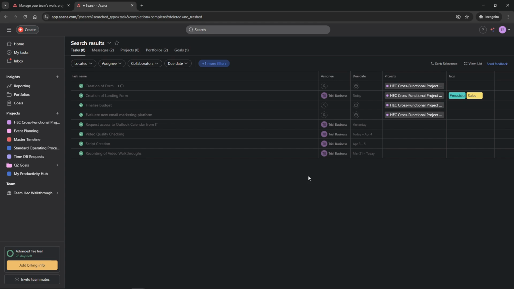And there you have it. By following these simple steps, you'll be adept at navigating your completed tasks in Asana, whether you choose to use the My Task section or the more expansive advanced search feature. With these skills, you'll keep a finger on the pulse of your project milestones and perhaps even discover new efficiencies